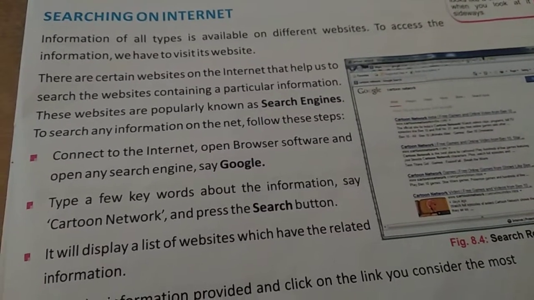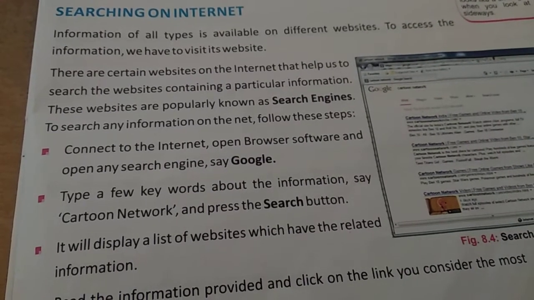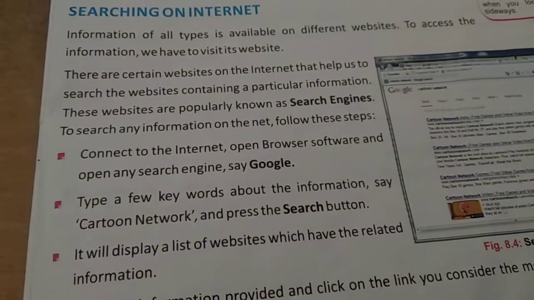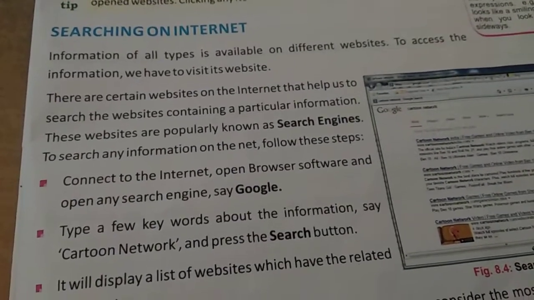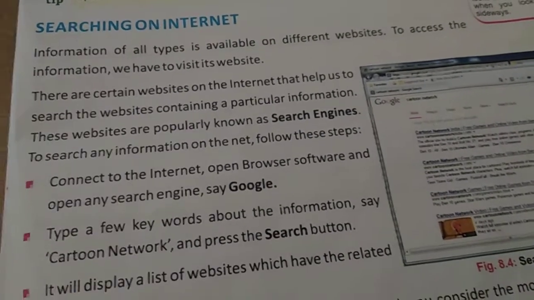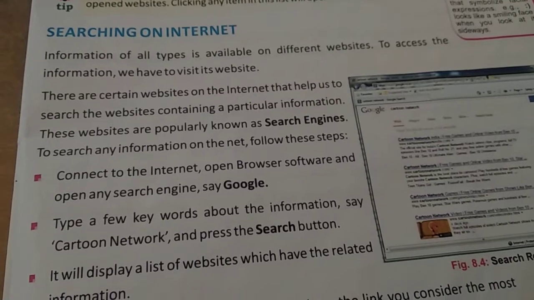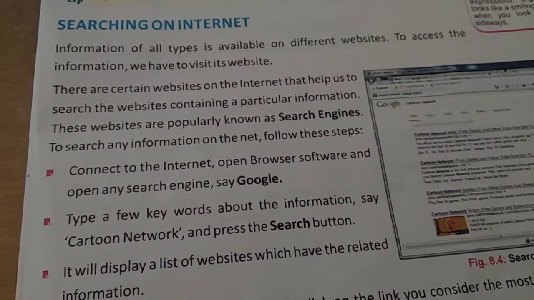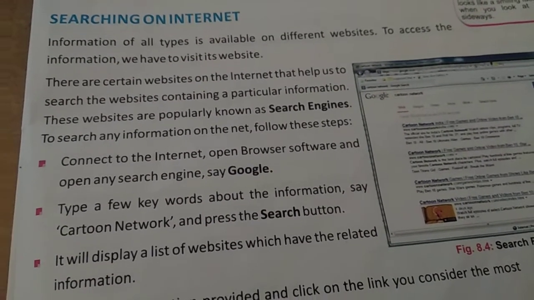What is a web browser? Like Mozilla, Netscape Navigator and Google Chrome. These are the web browsers. But if you are using any web browser, then a search engine like Google is a search engine. You will type any information that you want in the Google search engine bar, and there you can type anything and you will get the information about any topic. So how to do this?